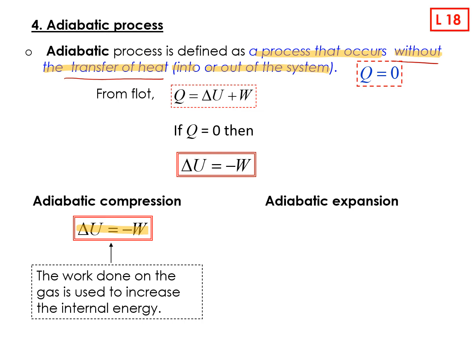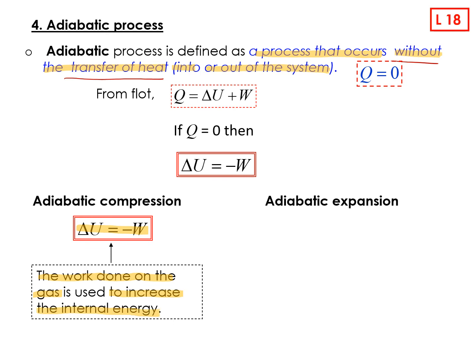So as we know, work done is negative when the work is done on the gas. Okay, when the work is done on the gas, our work done sign will be negative. And here delta U is positive. So delta U positive here means the work done on the gas is used to increase the internal energy